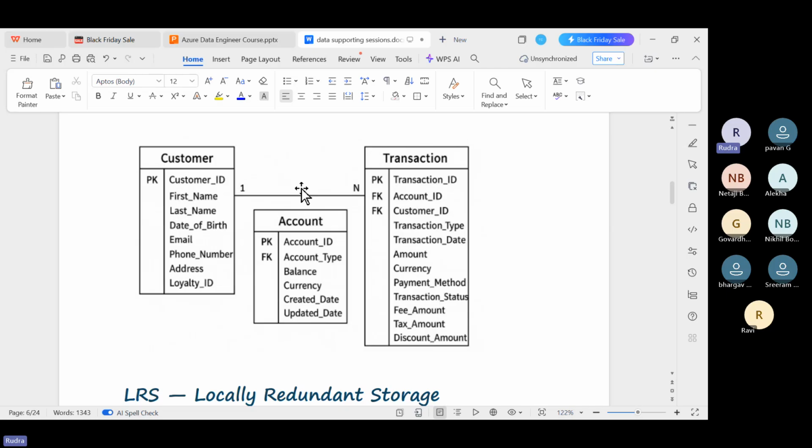We'll discuss in detail, but I'm just giving you the high level. That will become the primary key for that particular table, which is not null and should not be repeated. It should have unique records, so that will become the primary key. Suppose this customer table,